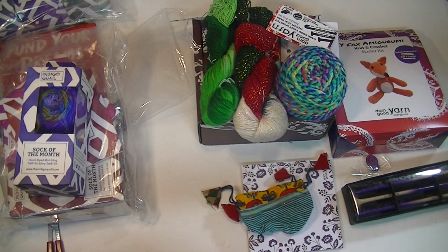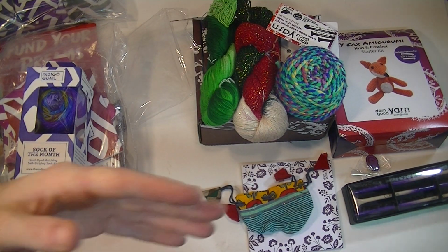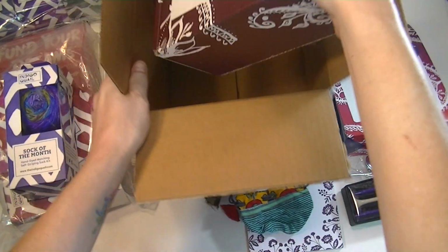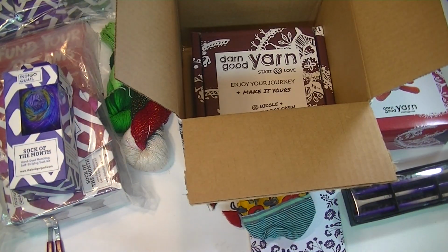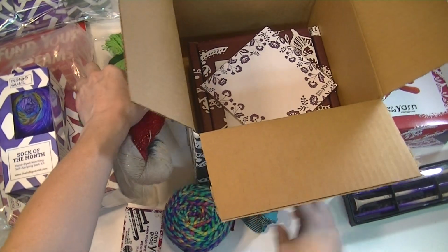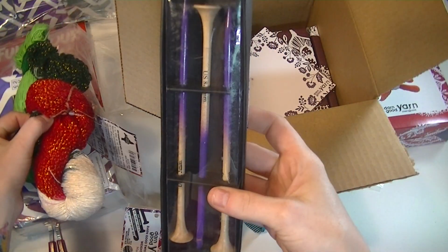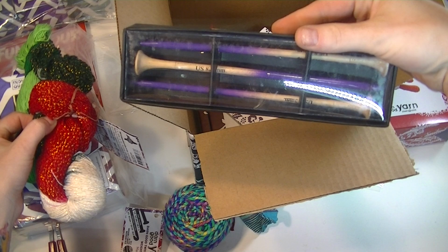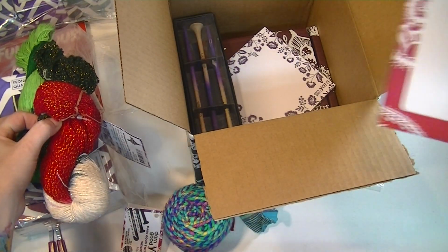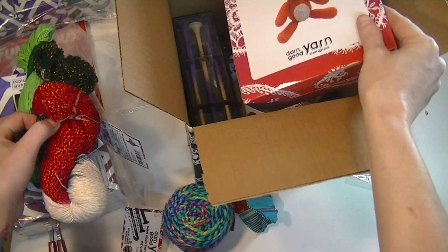Okay, guys, this is all I got for you. I'll go ahead, just in case. We got the $100 black box. We got a yarn bowl, notepad, size US 8mm, a set of knitting needles and 1 crochet hook, the DIY Fox kit,